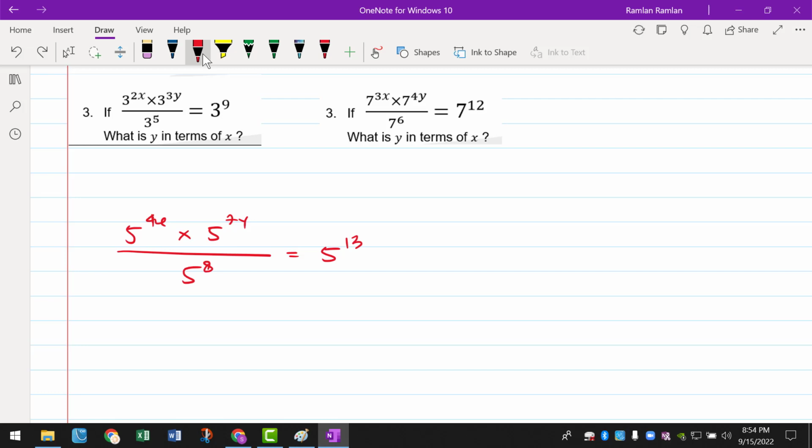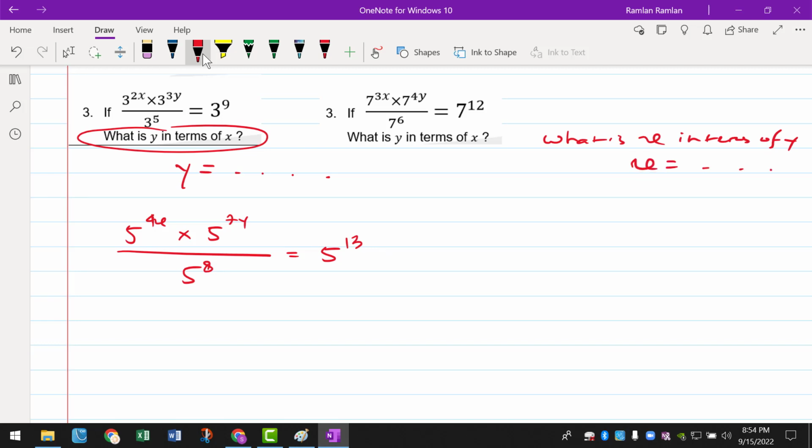Notice that in here, when it asks what is y in terms of x, your final answer should be y equals something. So y is alone on one side of the equal sign, and the other goes to the other side of the equal sign. The same thing with this one. If the question is what is x in terms of y, for example, for this question, the final answer should be x equals something. So be very careful with that, because I have seen that some of you write it down in x equals